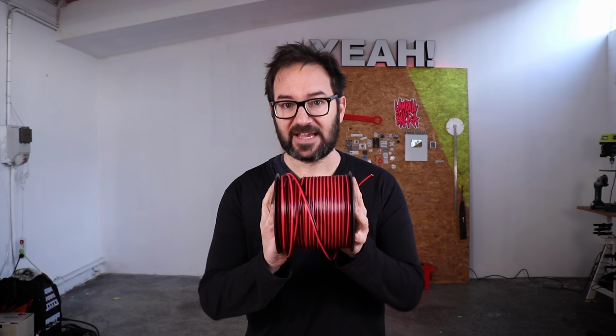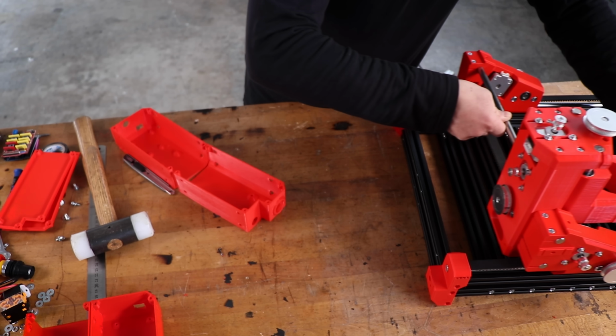Now the mechanical is in its place. So there is only one thing left to put on the machine. The wiring, because wiring is so...